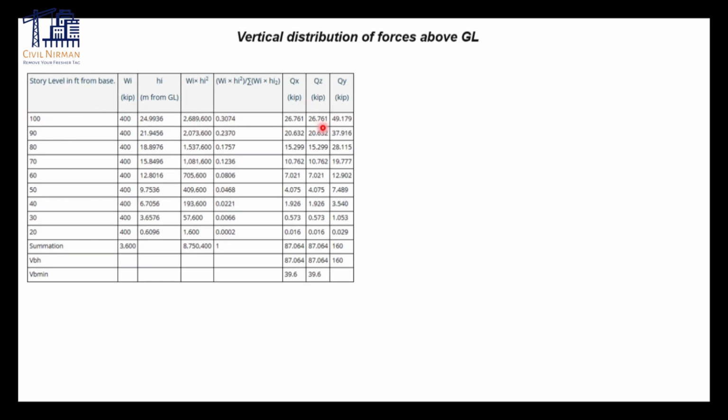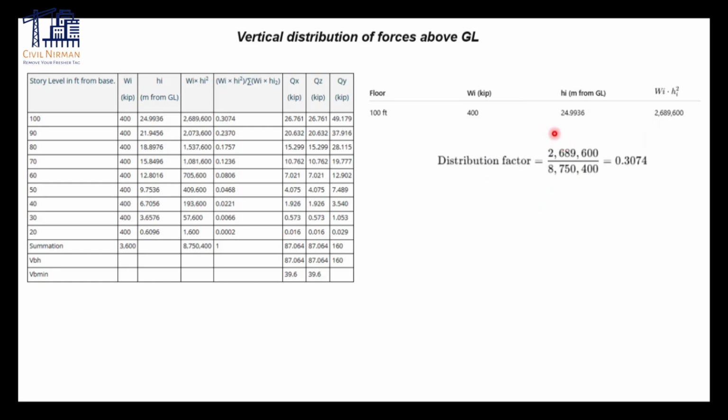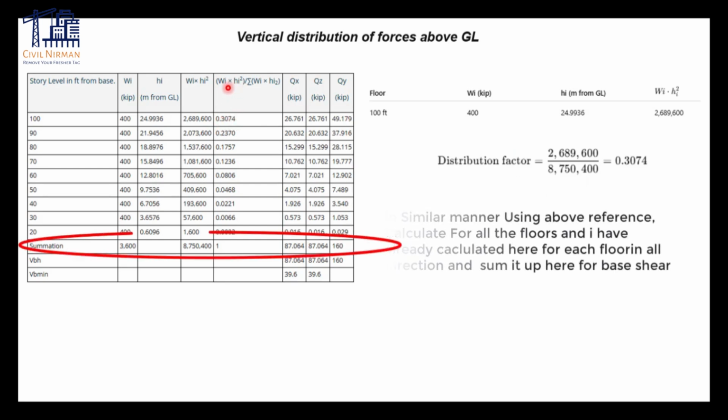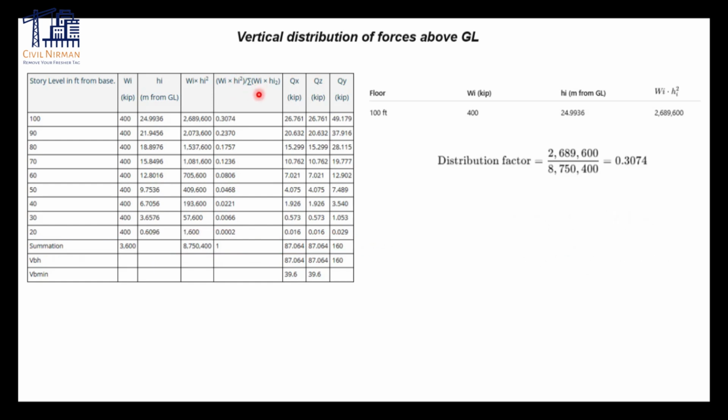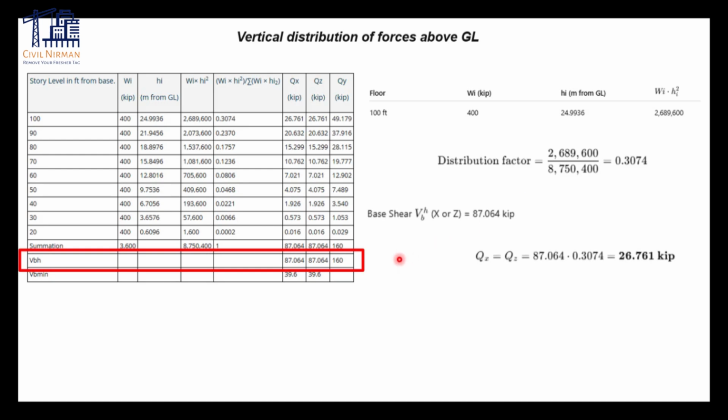Okay, let's understand this. So for floor 100 feet, we have this 400 HI value and WHI square value. I'll consider the distribution factor from this equation. So I'm getting this as 0.3074. You just need to divide this, right, based on this equation, WHI square divided by summation of this. So this we have put in the equation form. That's it. Okay, so we will get the base shear value